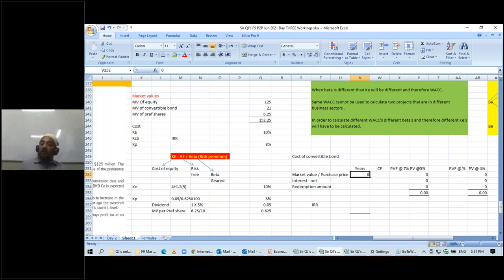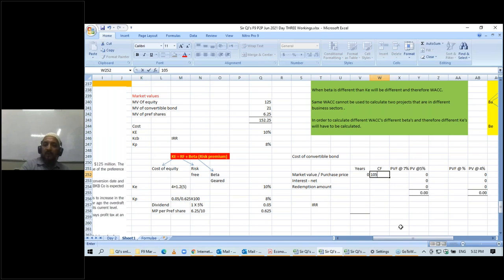So for the conversion, he has to decide at that time. So in this case, we will predict what the market price will be after 5 years. If the market price of 19 shares exceeds the $100, which is the cash amount to be repaid, only then the investors will go for the conversion, and in that case we'll be taking the redemption amount as the market price of the shares rather than the redemption amount given in the convertible bond option. So on year 0 the market value of the bond was